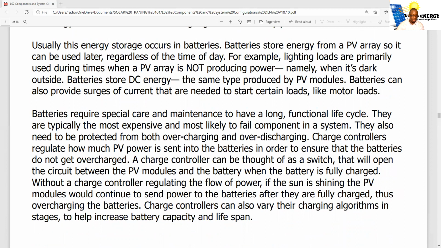Batteries require special care and maintenance. Functional lifestyles. They are typically the most expensive and most likely to fail component in the system. They also need to be protected from both